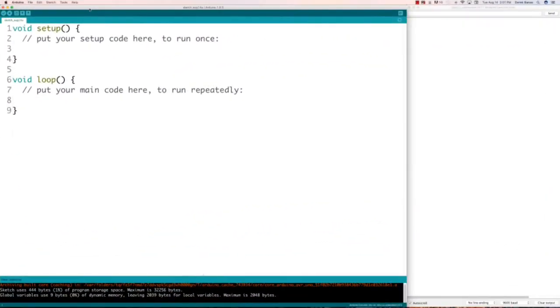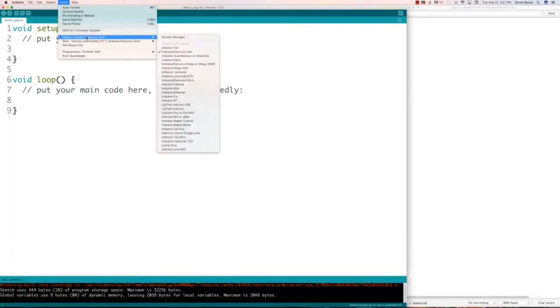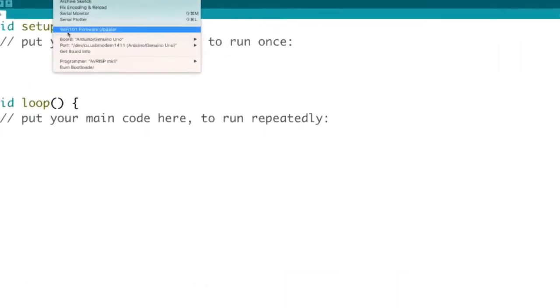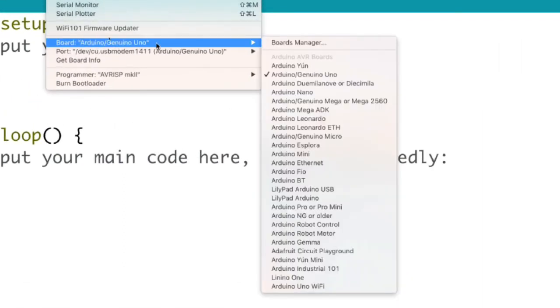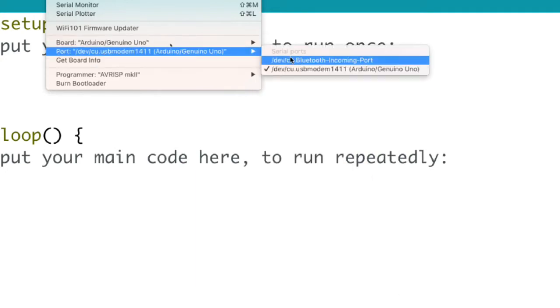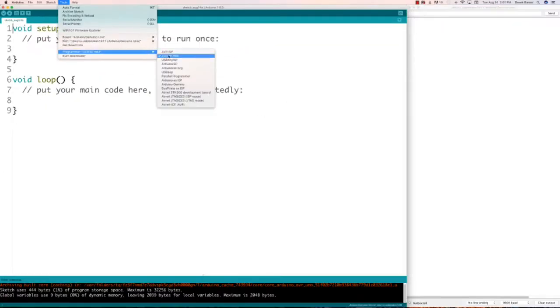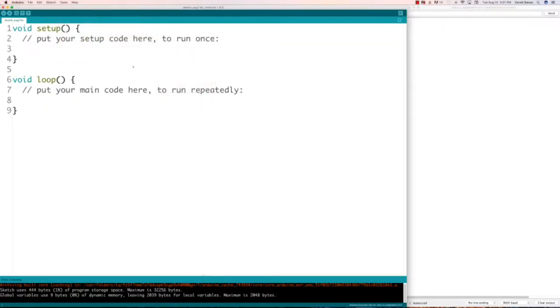All right, and here is the Arduino software we're using. And this on the right side is the serial monitor. We're going to be able to communicate with the Arduino and have it communicate back with us. And whenever you go File New, you're going to get this to open up, and it's going to look exactly like this. And one thing you're going to want to do is go to Tools and then Board and make sure you have Arduino Uno picked, which is right here. And then underneath Ports, you're going to want to check one of these ports to see which one works for you. All right, and whenever you do that, everything will be ready to go,